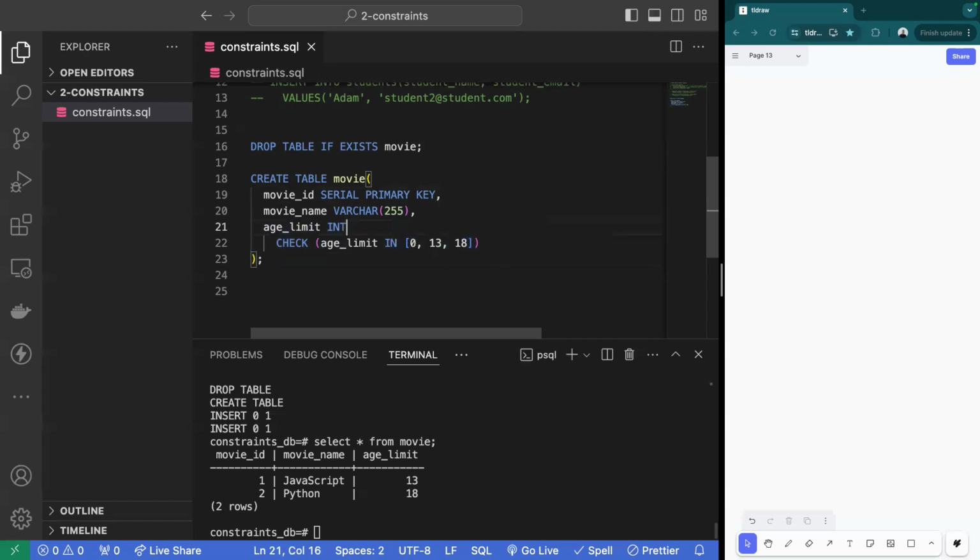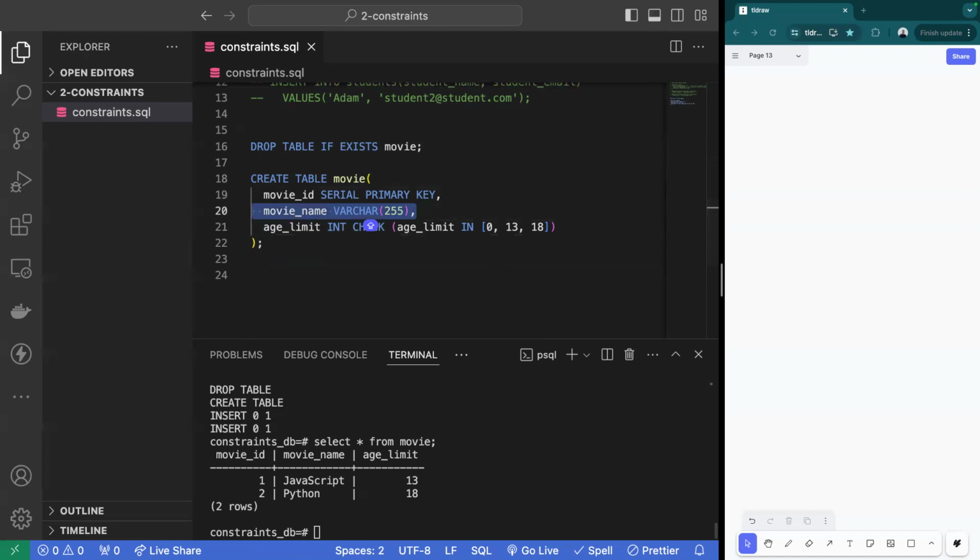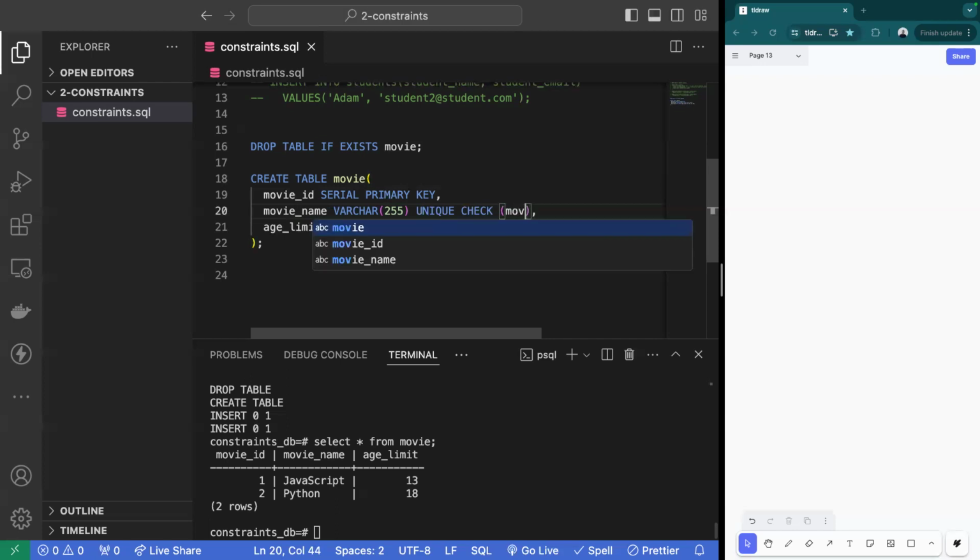All right. The other thing that I would like to discuss with everybody is adding a check to something like a string, right? If we had a movie name that we wanted to ensure followed some sort of regex, well, first I would want movie names to be unique, right? We wouldn't want them to be repetitive. Usually they're followed by two or some sort of other game title, right? But I could also check that movie name